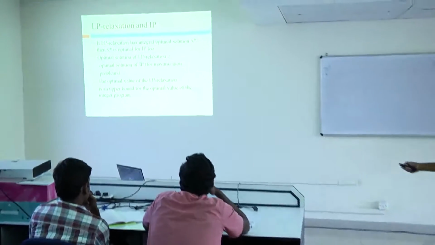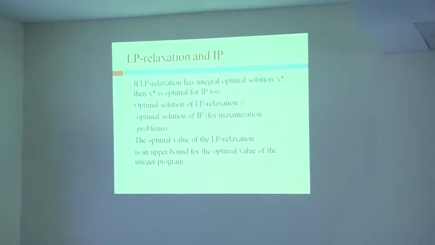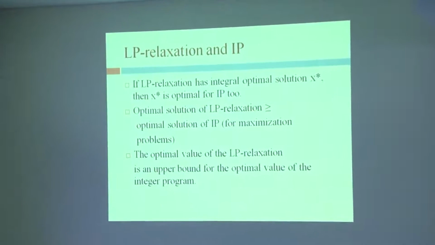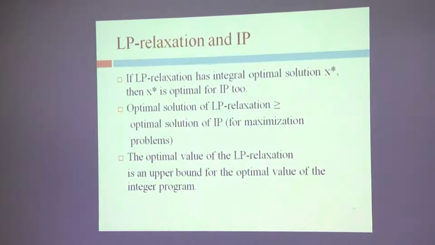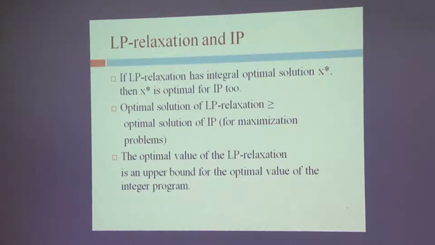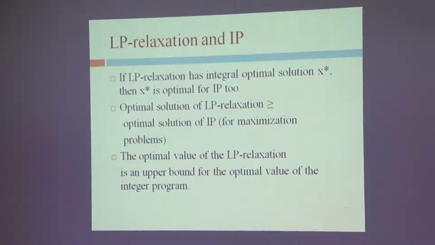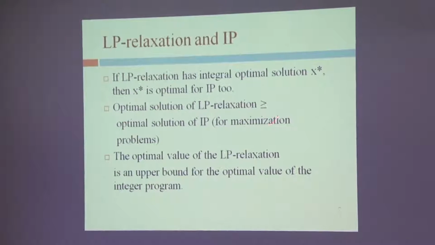Next point. So assuming that we'll talk only about maximization problem. We are not talking about minimization problem. So what are we saying? The optimal solution that you obtain for LP relaxation will be greater than or equal to the maximum value which you obtain for an integer, because you have relaxed the constraint. This is more constrained. I will show you that graph, you may understand better. So LP relaxation, whatever maximal value you get, will be greater than or equal to the maximum value that you want for the integer program. This is one observation we are making.